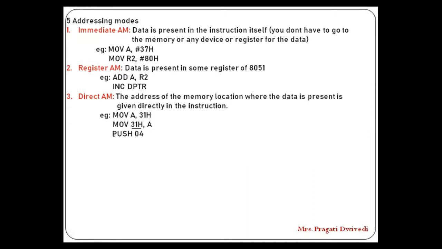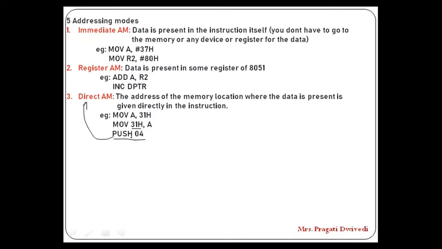All right, next example, PUSH 04. I have deliberately included this example to make a very important point about push and pop. Push and pop are two instructions that are related to stack memory. Whenever I want to write in the stack, we call it a push operation. And when we want to read from the stack, we call it a pop operation. So whenever you want to read or write your stack memory, we have to use push and pop, and you can address it using only direct addressing mode.